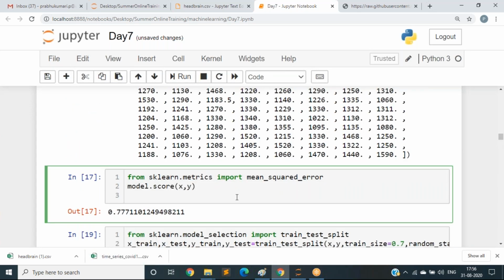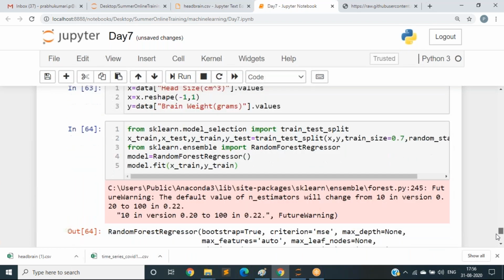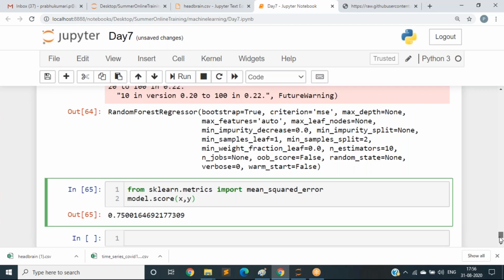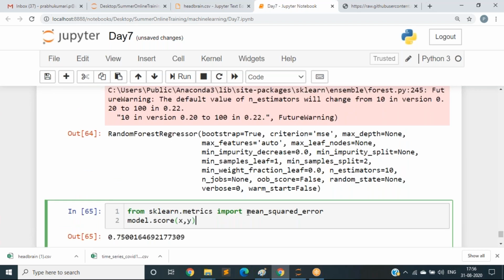See, here I got 77, but here with the random forest regressor it has been reduced. What is the accuracy you got? Has your accuracy decreased or increased with the random forest regressor?